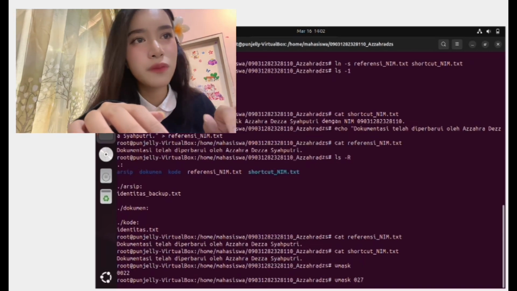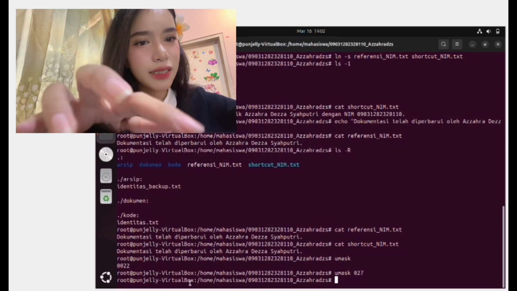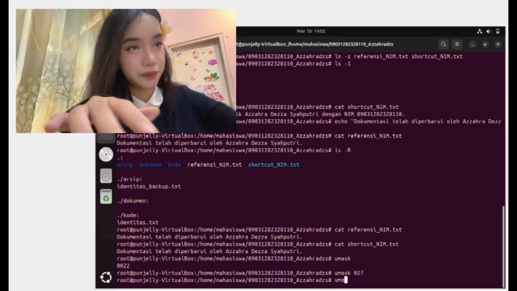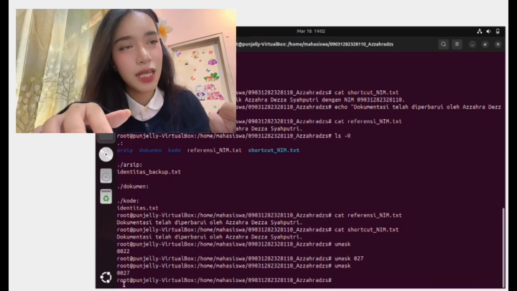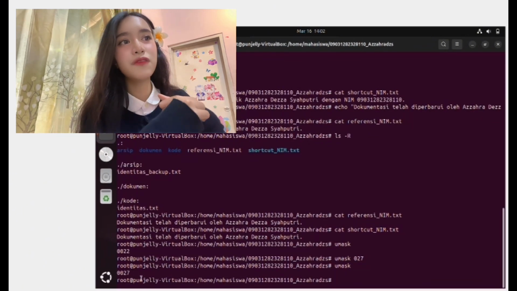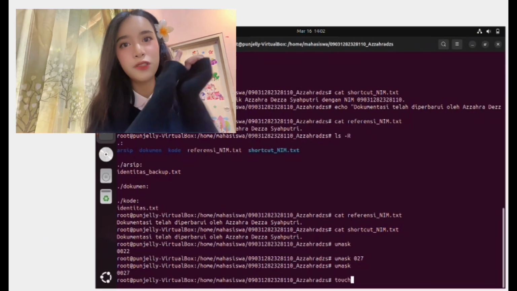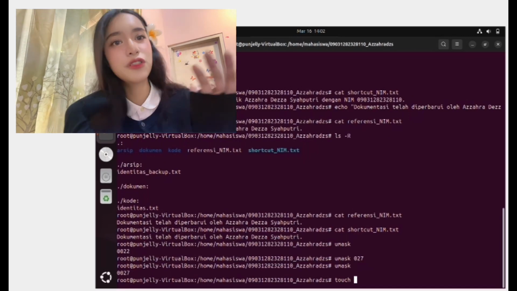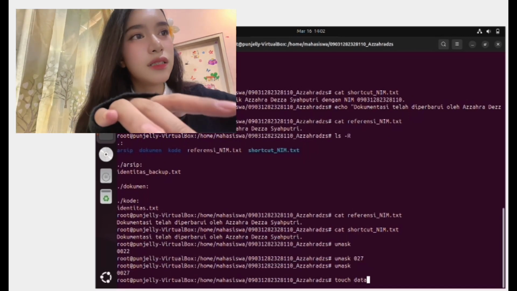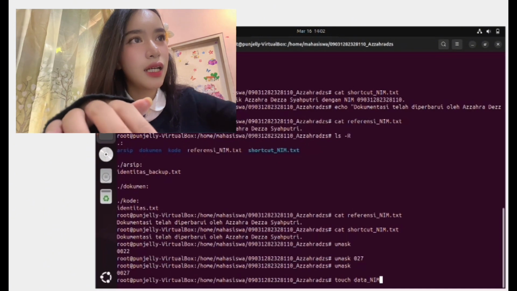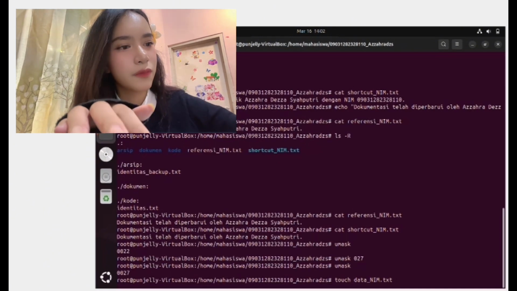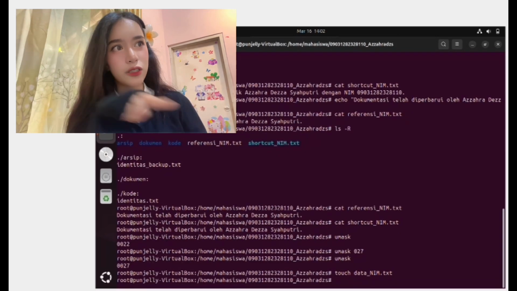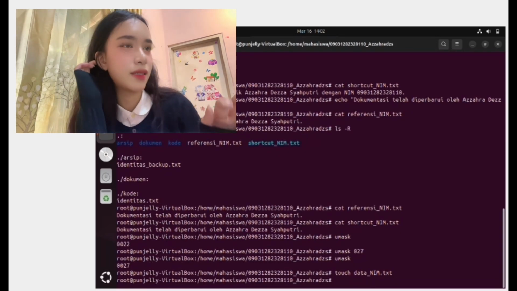We change the umask, we check it with the command umask, and it shows 0027. So here I create an empty file. When you want to create an empty file, you use the command touch. The file name is data_nim.txt.